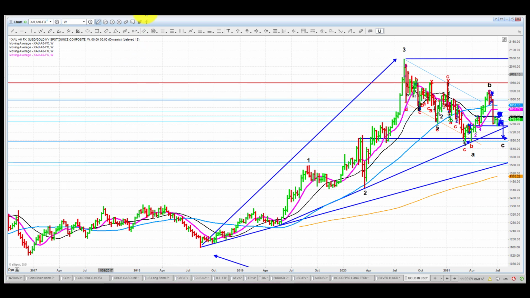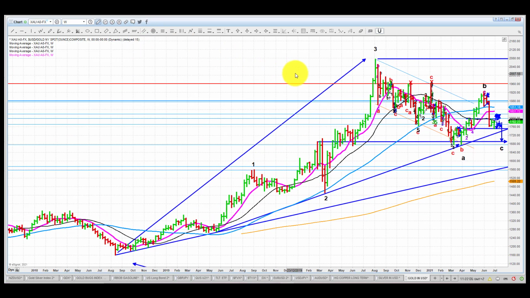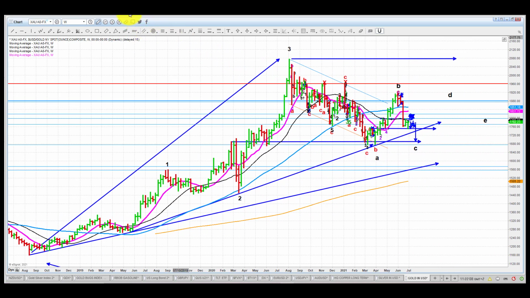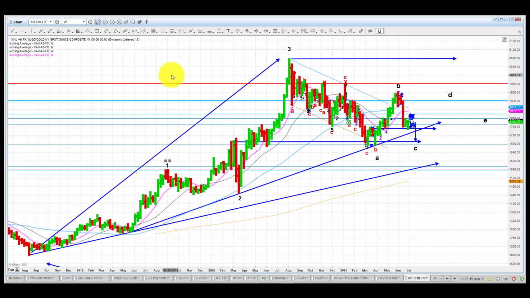In the case of gold, there is definitely a different wave count. The way I see things, there is a different wave count to the one that we have examined in the case of silver, and here we can still allow for very lengthy lateral movement. As you can see here, with this being an A, that's a B, that will eventually be our C, and if that is the case, it is going to find support around here.